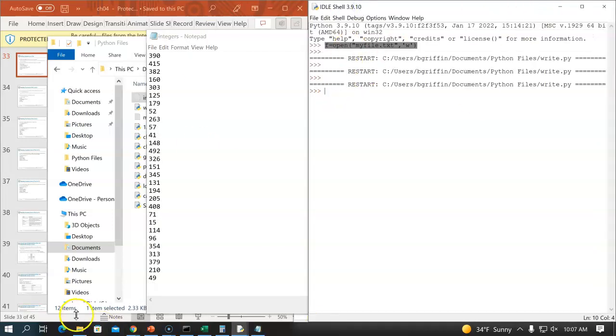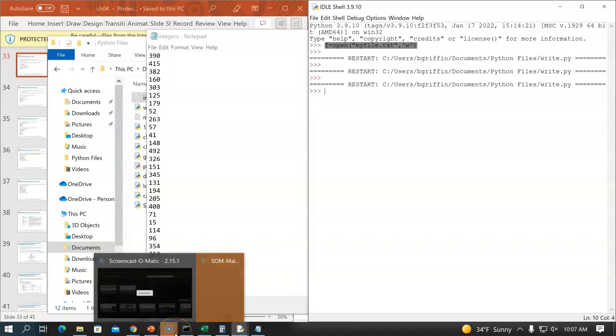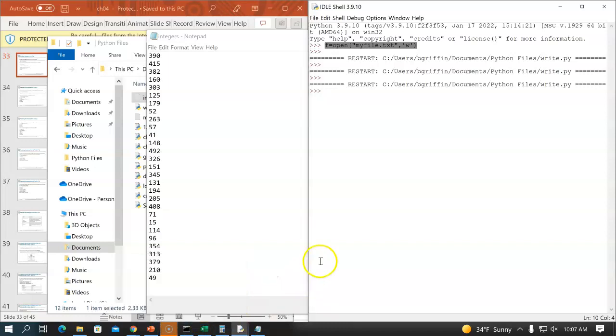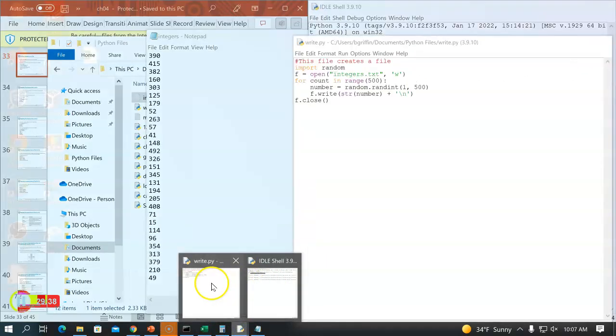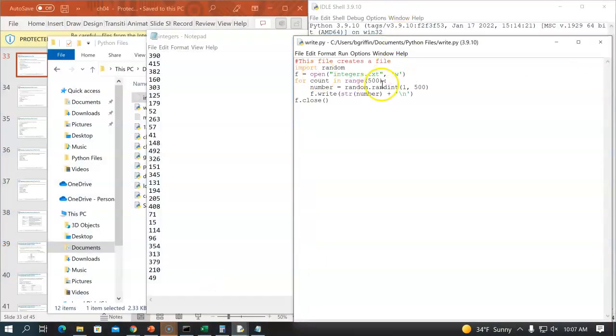We can alter this program. The other thing that will happen is when I rerun this, it's going to write over the top of this existing file. And we can show you some ways to not do that, or to add it to the end, so we could do it as an append. But let's change it just a little bit. If we wanted to do this for 5,000 numbers, and we wanted them between even bigger values, so between